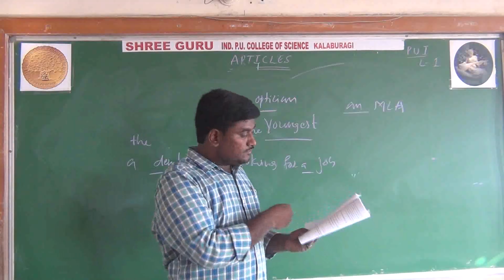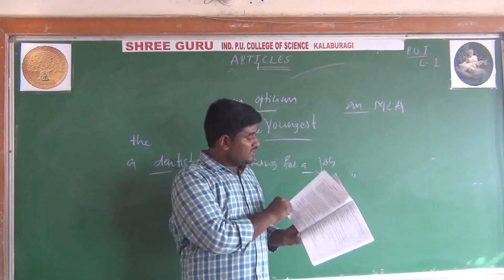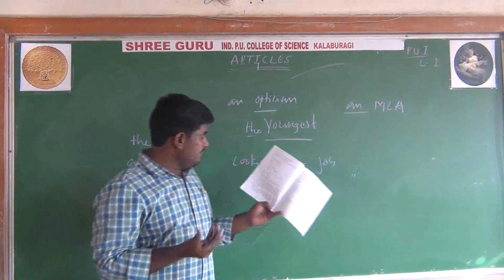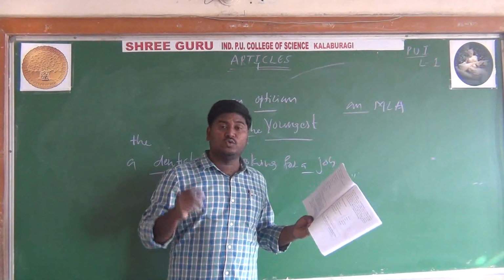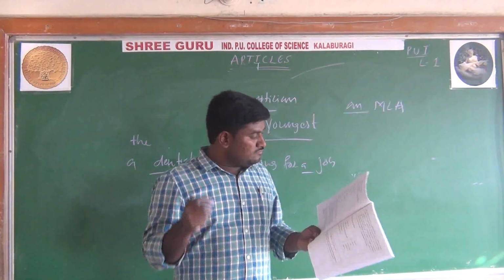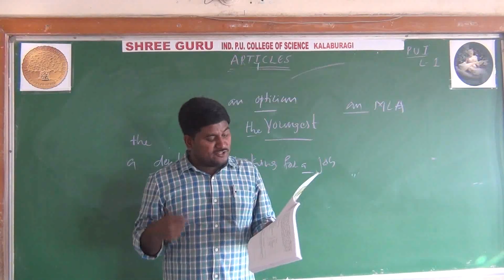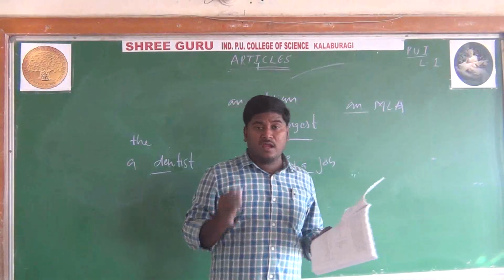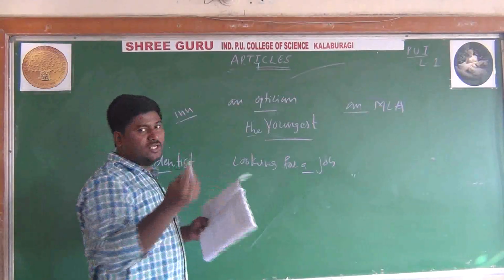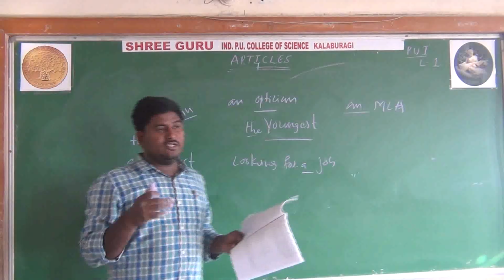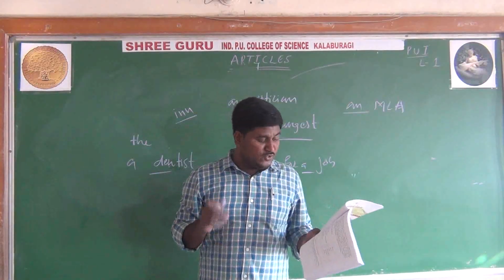So there is an example for another exercise. An old pilgrim was making his way to the Himalayan mountains in the cold of winter. When it began to rain, he went to an inn. An inn means a restaurant or a hotel, an inn, where it is not specified. The innkeeper said to him, how will you